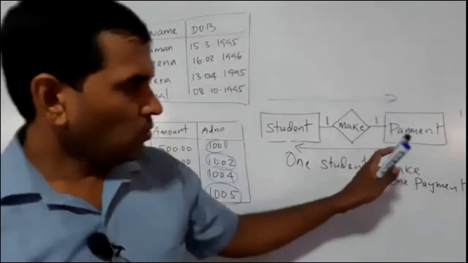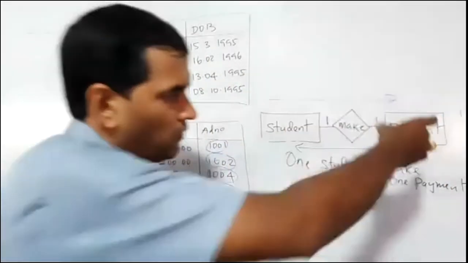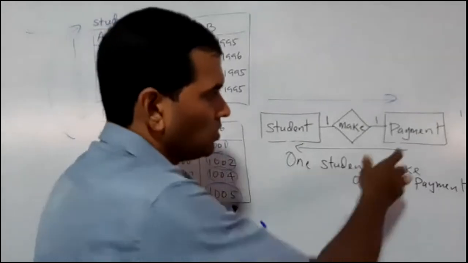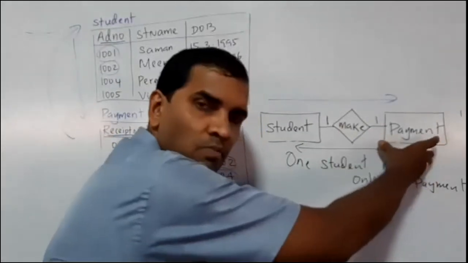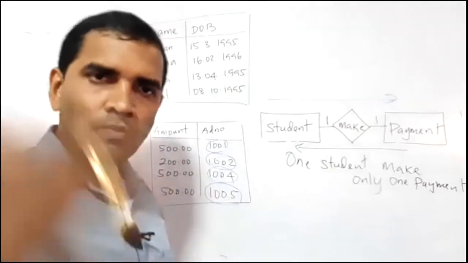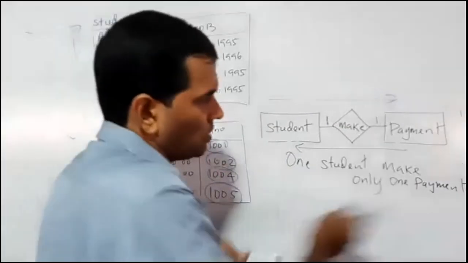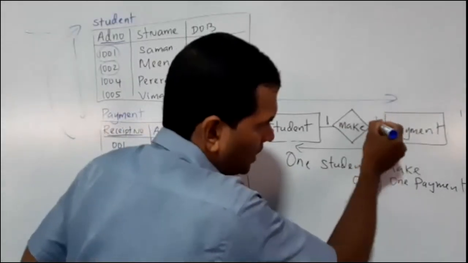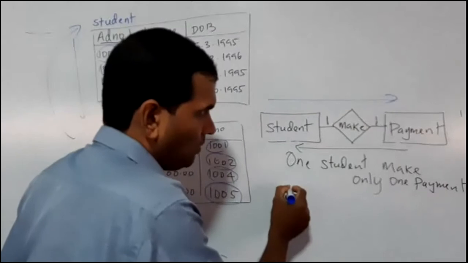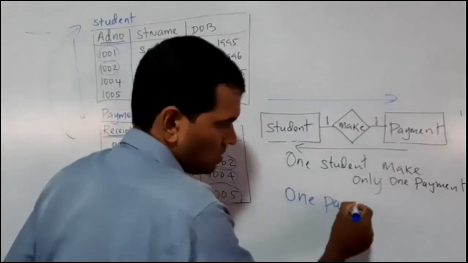Yes. Look here, now we have to start from the payment side, right? So here, what are they in the payment table? Payments, right? In the payment table, payments are there. In the student table, students are there. So look here, in front of payment, you have one. So which means one payment, a payment, anything okay, right? One payment.